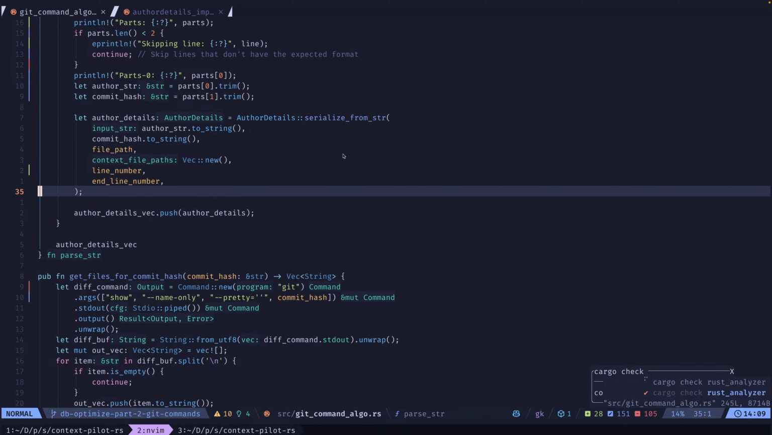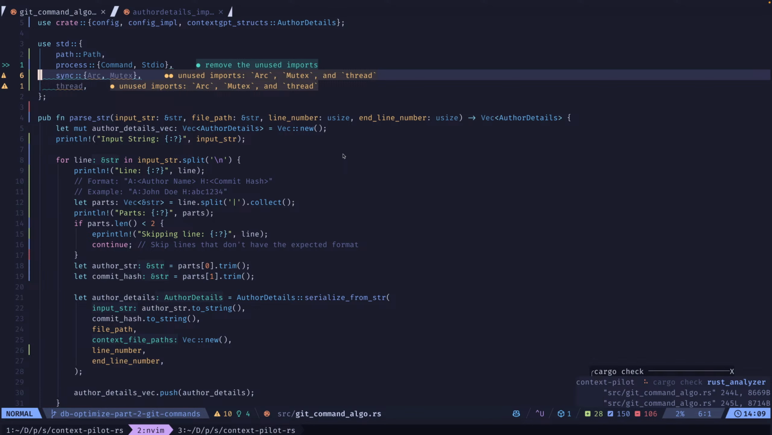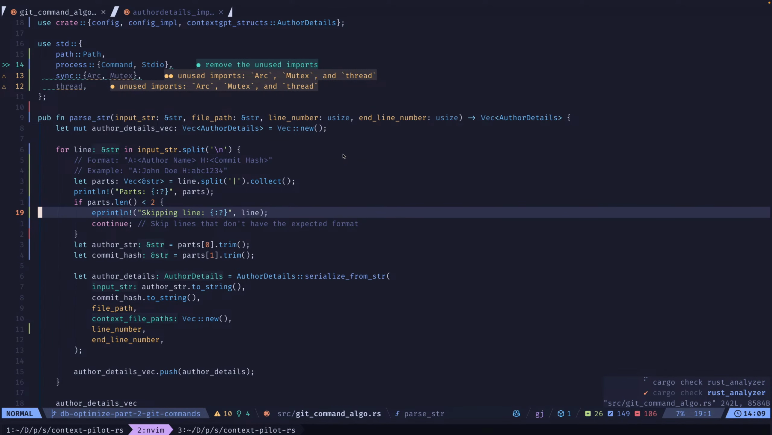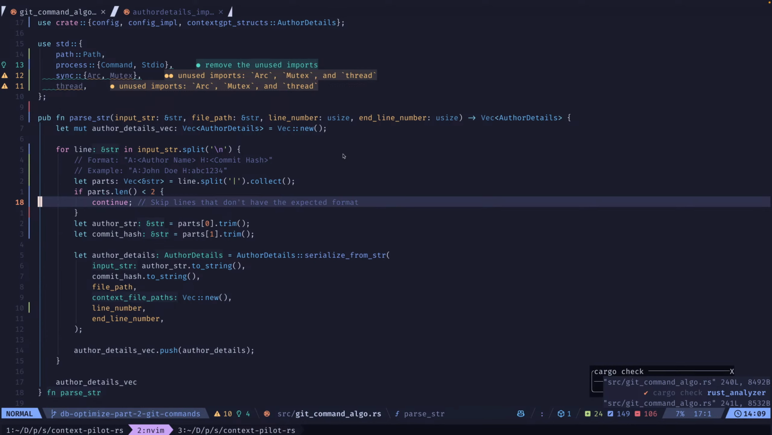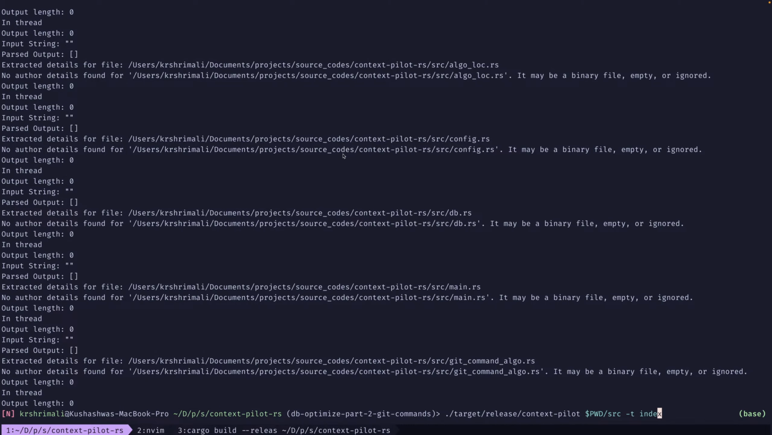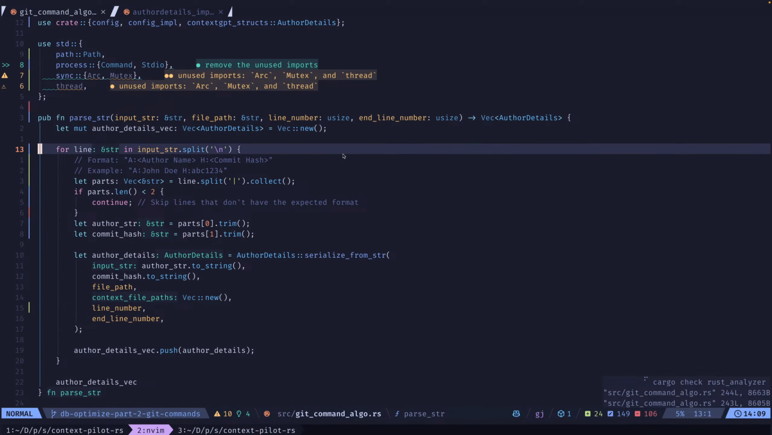So we can get rid of this. We can get rid of parts. Printing, we can get rid of this. We can get rid of this. Skipping line is fine. I don't want to print anymore. I don't want to print this anymore. This is fine. Now what I want to check is whether we are able to see right now this